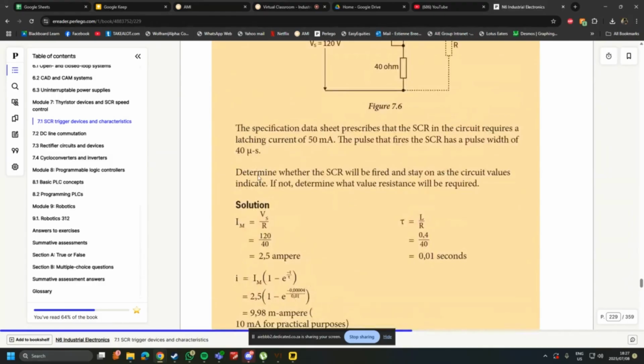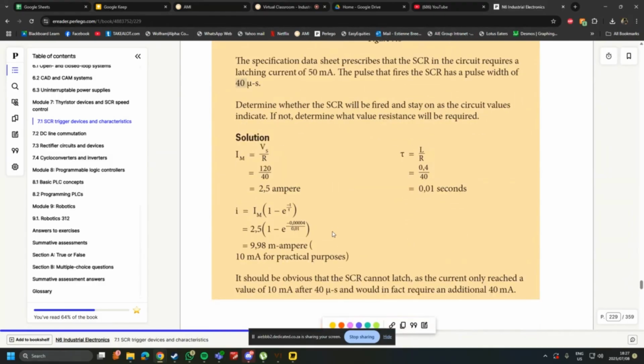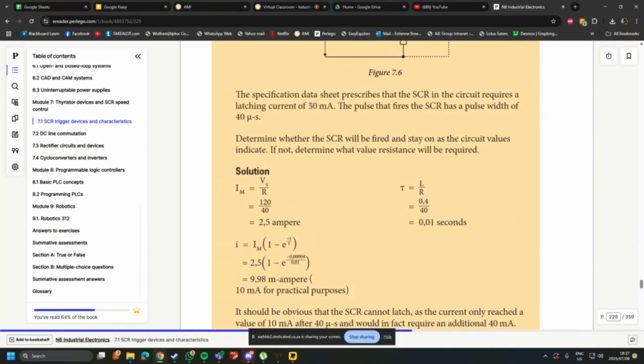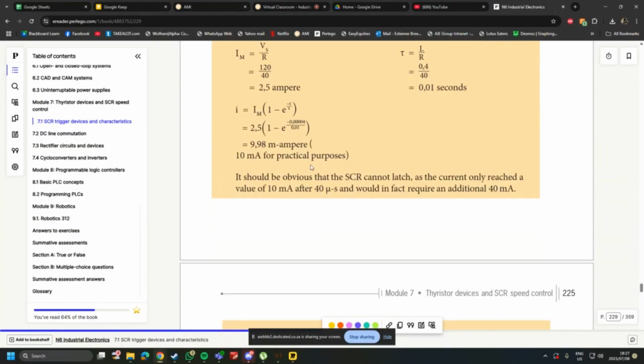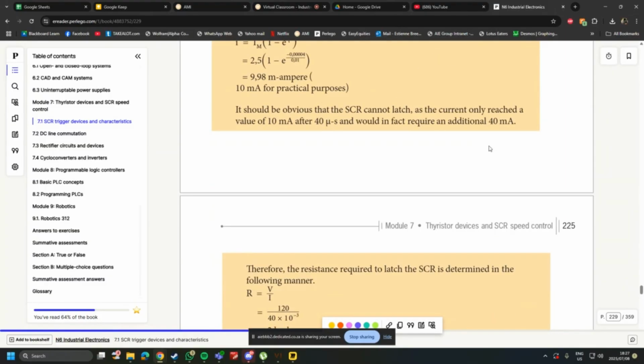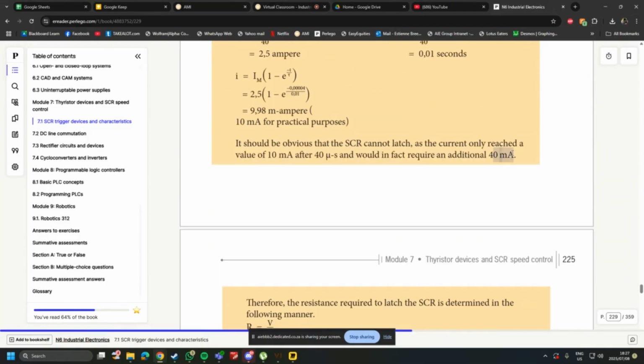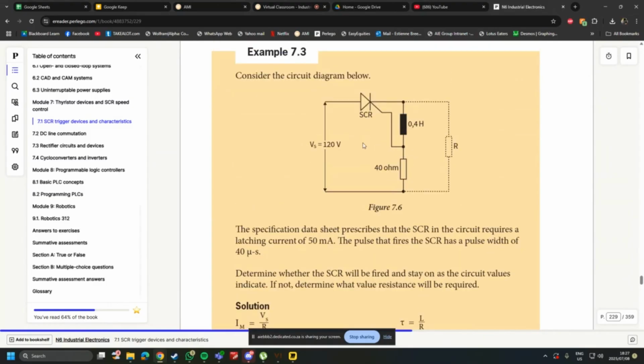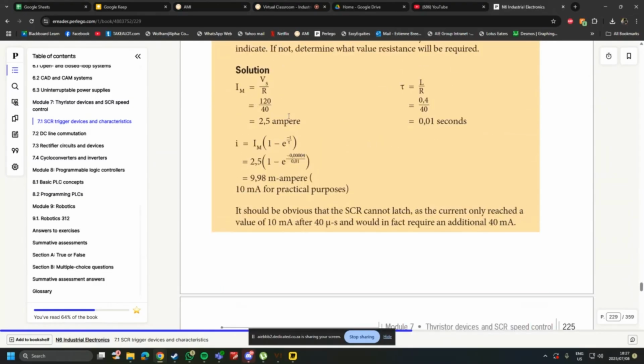The time that we have is 40 microseconds for our pulse, and we have 10 milliseconds of time constant. We substitute it in, and we see we only reach a current of 9.98 milliamps. Now 9.98 milliamps is quite a bit away from 50 milliamps. So we need to somehow get an additional 40 milliamps being drawn by the load side, so that the SCR will stay on after